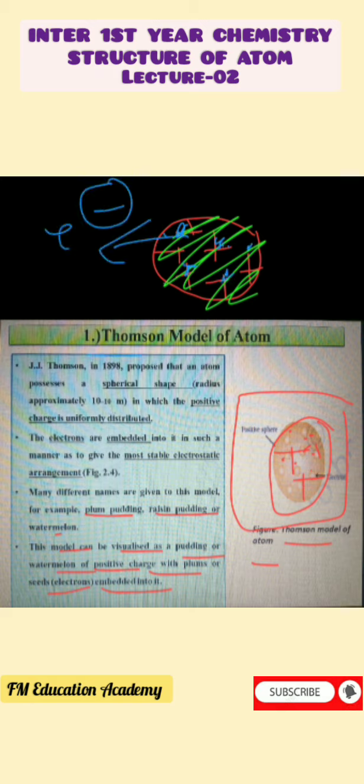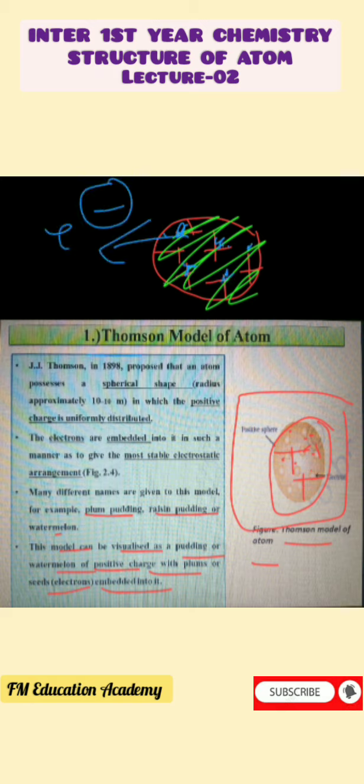An important feature of this model is that the mass of the atom is assumed to be uniformly distributed over the atom. Although Thomson's model was able to explain the overall neutrality of the atom, it was not consistent with the results of later experiments. That is, the results of later experiments kept on changing, so we could not rely more on Thomson's model.